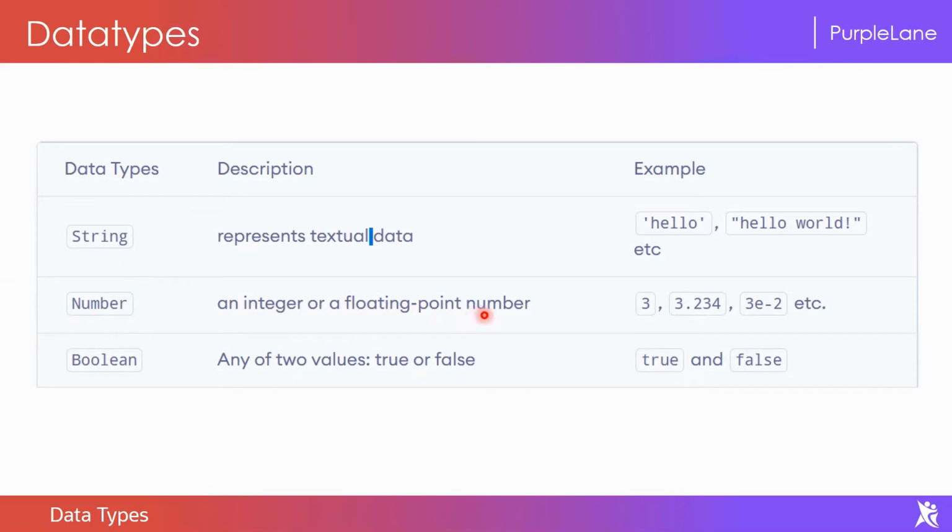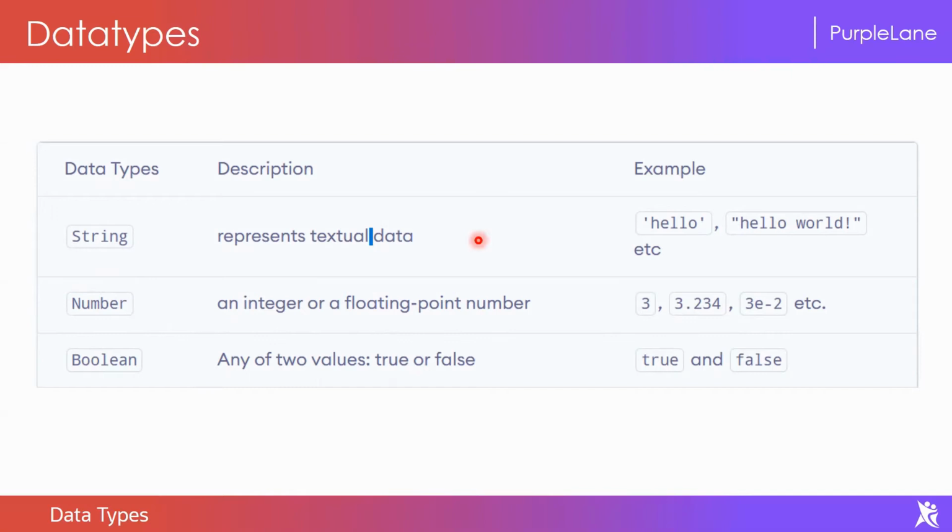One point you have to remember is that in most programming languages, like C or Java or C++, they have different data types to handle floating point numbers. To handle a floating point number, they have double or float. But here we have only one data type, that is number, which is good enough to process floating point numbers and integers. And finally, we have Boolean. Boolean means that the value is either true or false. So these are some examples of primitive data types.